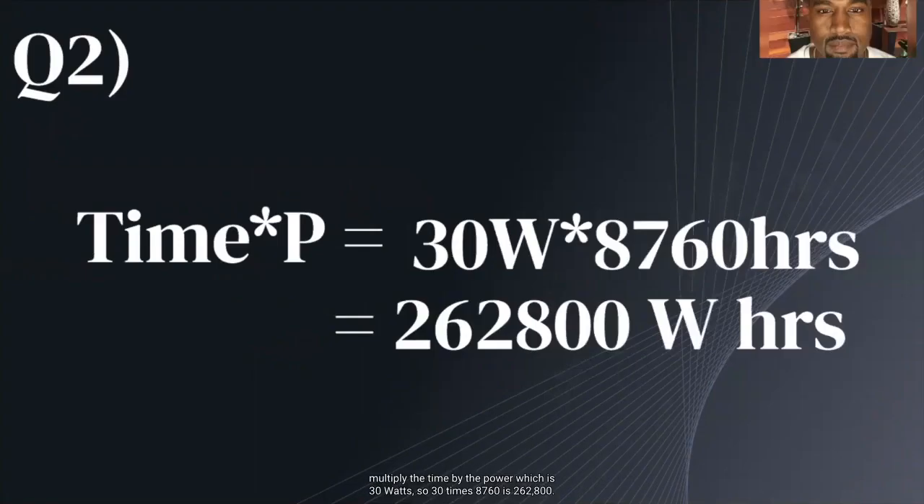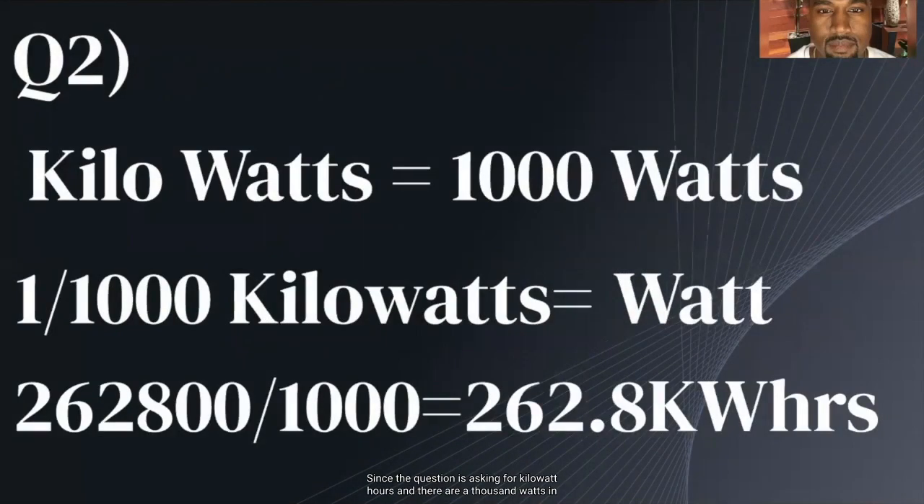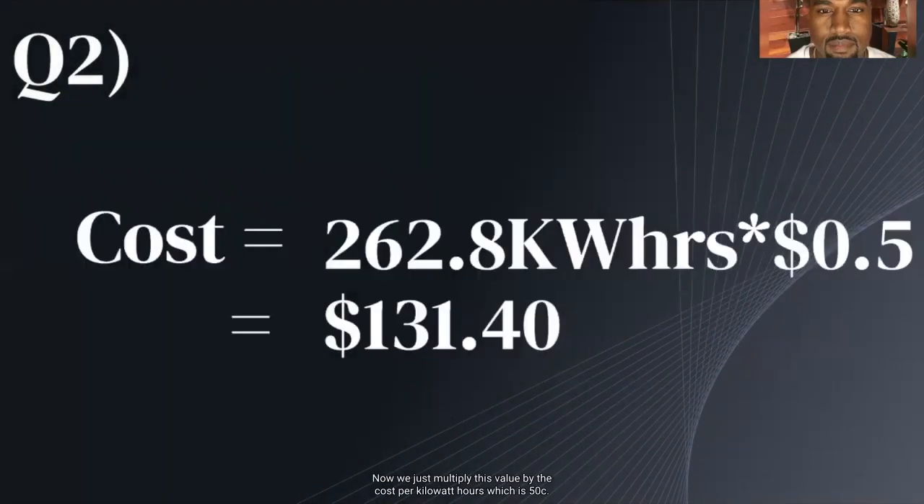We then multiply the time by the power, which is 30 watts. So 30 times 8,760 is 262,800. Since the question is asking for kilowatt hours and there are 1,000 watts in a kilowatt, we divide 262,800 by 1,000, which would be 262.8 kilowatt hours. Now we just multiply this value by the cost per kilowatt hour, which is 50 cents or $0.5, and so it will be